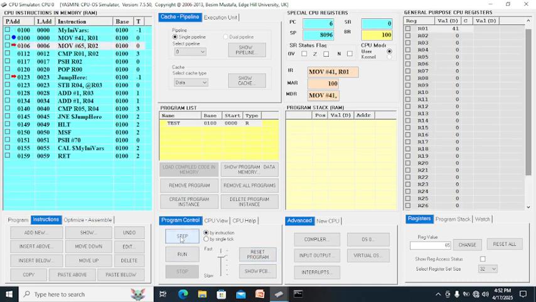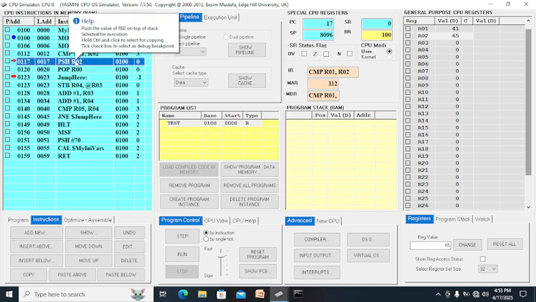Okay, step. 41. You see the R01 is 41 now. R02 is 65. Then compare R01 to R02, step, and you will see there's no plug here. So you will see the value which one is pushing.